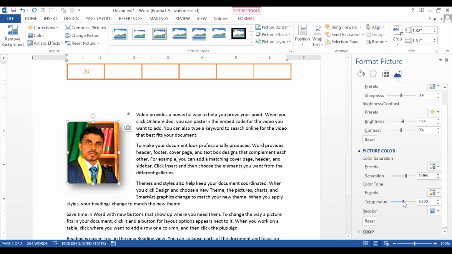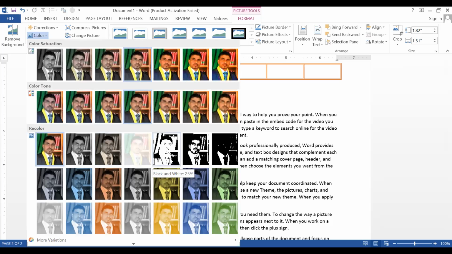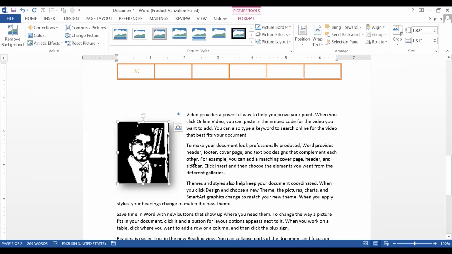Okay, and let's choose some more things. Likewise you can set it. And color again, click this one. This is also something like black and white, or sometimes we may have heard about the RGB color. RGB means the photo combining red, green, blue.